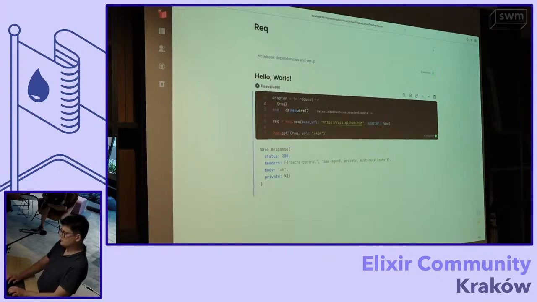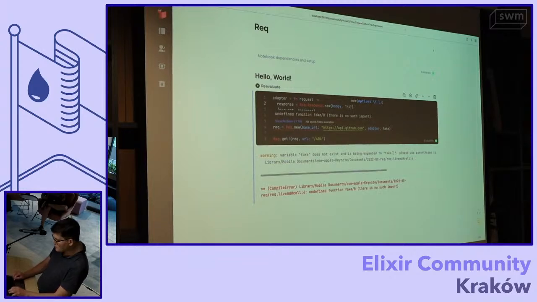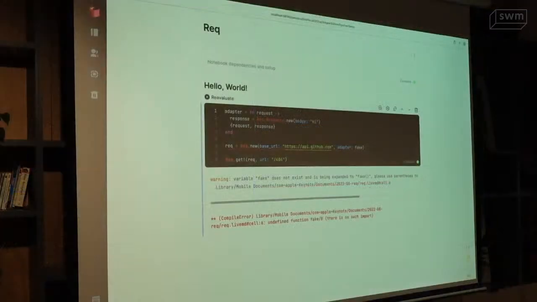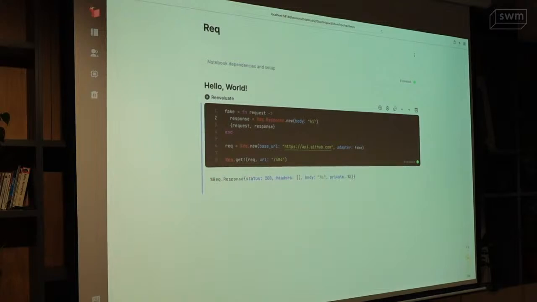And what we're going to do is return a request, response tuple. And for the response, let's just create maybe something like this. And a typo here. Yeah, body. Nice. All right, I think we are good.